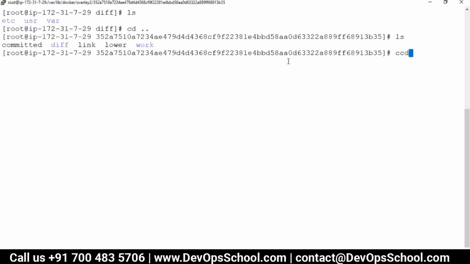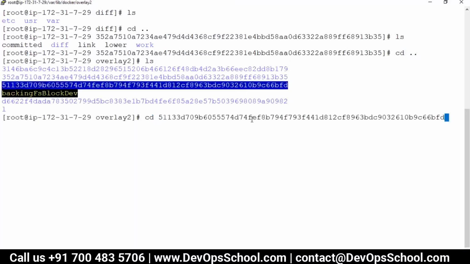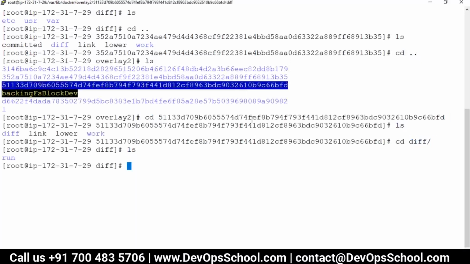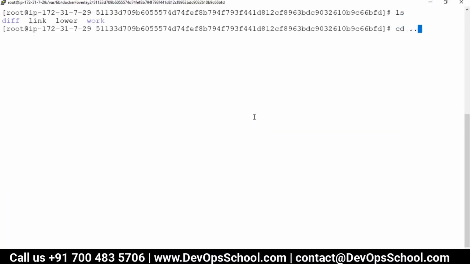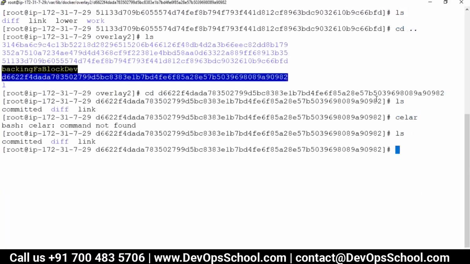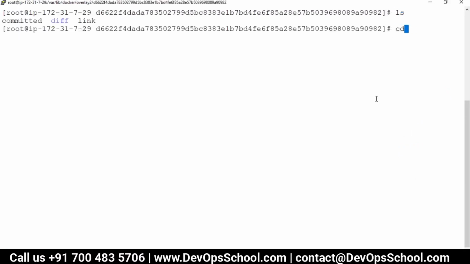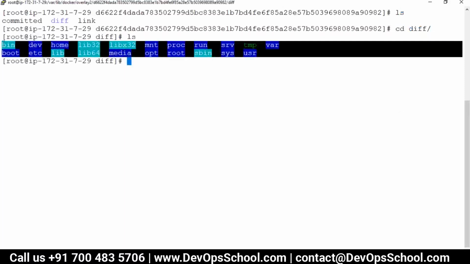Okay, go back here, go back, see here, f1, cd diff, and you see the file system. And the last layer, which you see, will be the base layer, I guess. This is the last layer and this is the base layer. Okay, so clear the screen, cd diff and see. Have you seen this file system somewhere? Yeah, that's your system. It's a root file system.